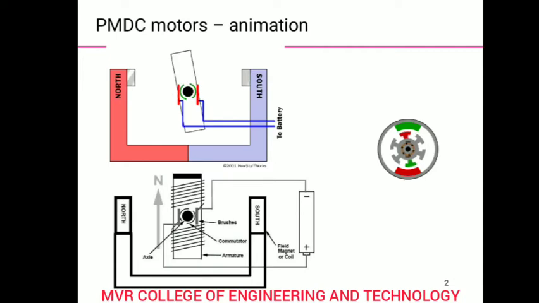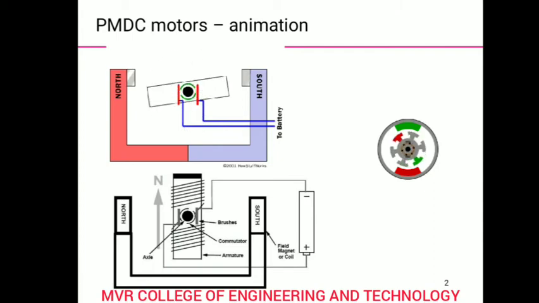So whenever the permanent magnets are placed between the rotor winding, it gets excited and produces an EMF. Whenever the supply is given to the rotor winding, it gets excited and produces an EMF. The opposite magnetic poles will produce the flux. This flux will cut the stationary rotor. So whenever the flux cutting takes place, the rotor gets rotated and produces an EMF. Here you can use the battery also. By using the battery you can rotate your rotor also.